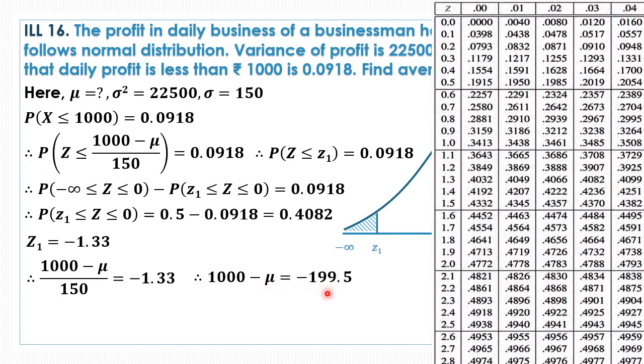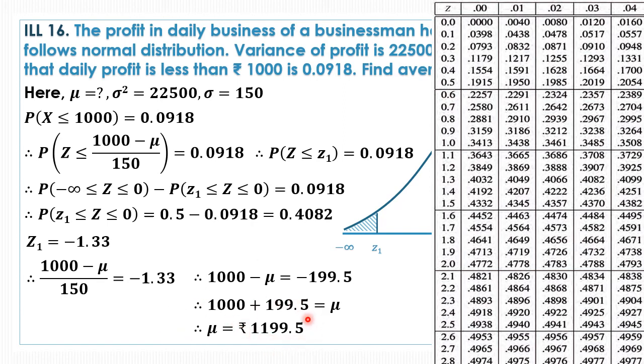Now I am swapping the sides here. Mu will be on the right hand side being positive and negative 199.5 will be on the left hand side being positive once again. So 1000 plus 199.5 is equal to mu. Therefore mu is rupees 1199.5. So the average daily profit is